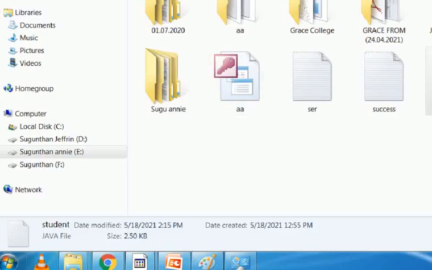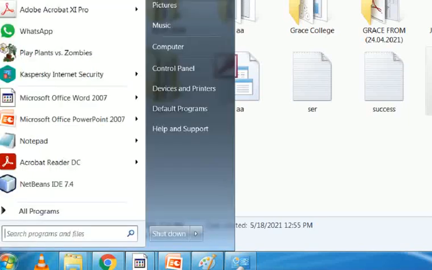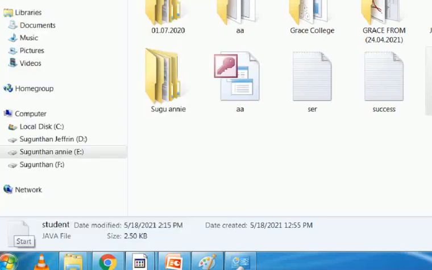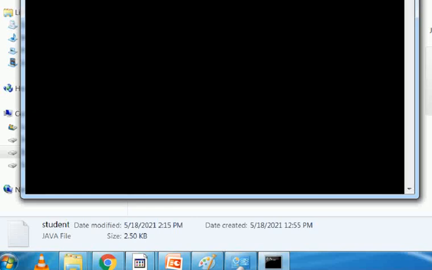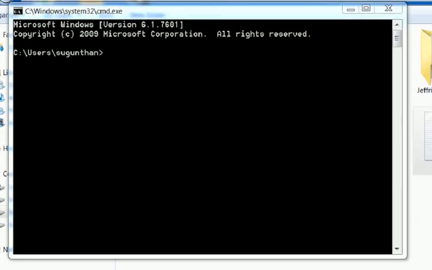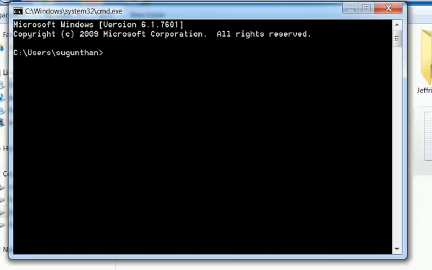Then let's execute the servlet program. Start, command prompt, cd /, then E colon. We want to set the path for Java.